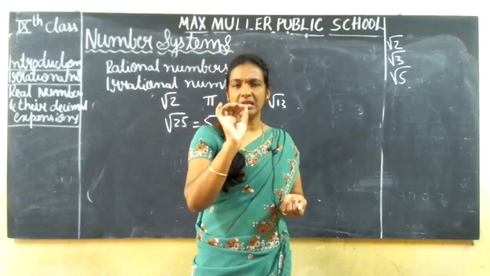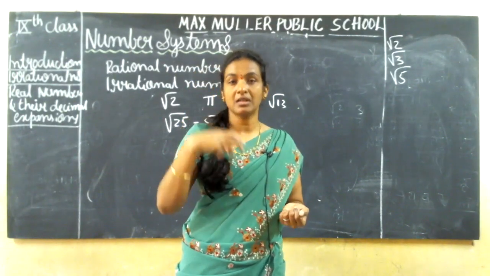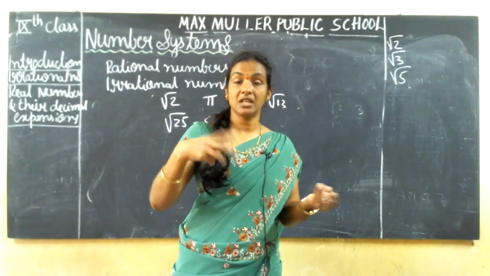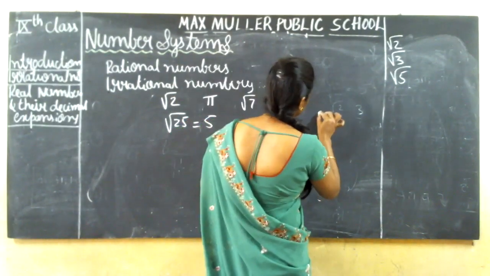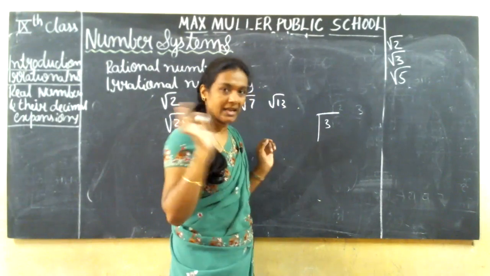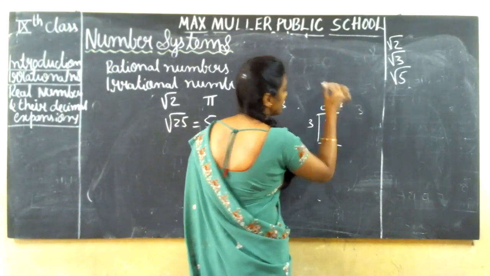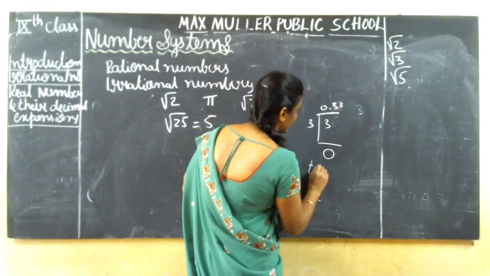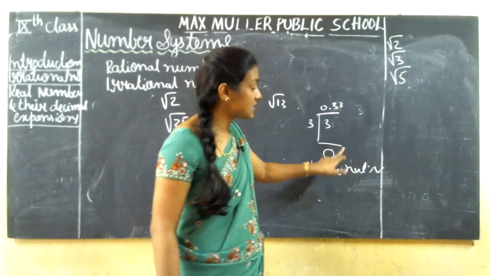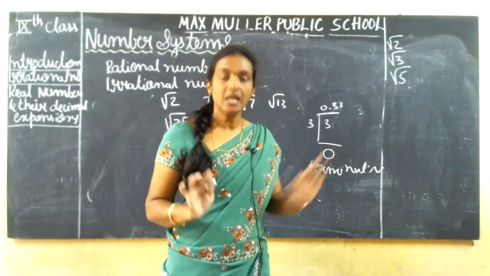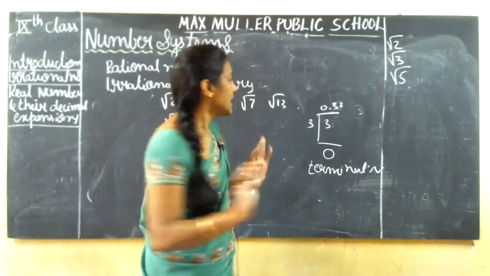See, I will give you one simple example to understand. Don't break your head to understand terminating, non-terminating, recurring, non-recurring. Very simple. Just a random example I am taking here. If you have a number and you get a 0, but here the decimal is there, then this kind of number you can call a terminating decimal, because in the denominator place you get a 0. Understood? This is terminating.